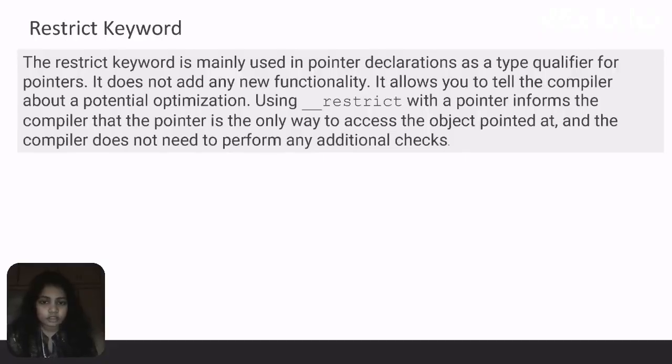Restrict keyword. The restrict keyword is mainly used in pointer declarations as a type qualifier for pointers. It does not add any new functionality. It allows you to tell the compiler about a potential optimization. Using restrict with a pointer informs the compiler that the pointer is the only way to access the object pointed at, and the compiler does not need to perform any additional